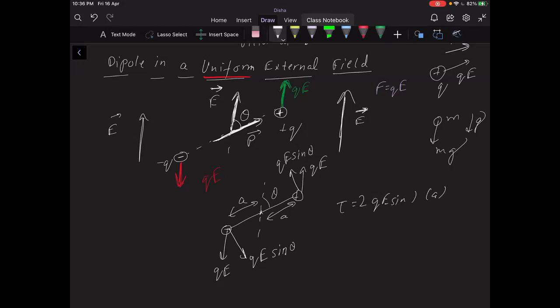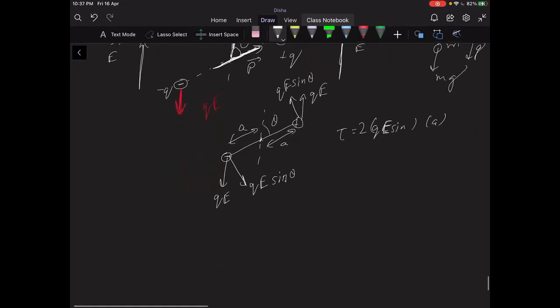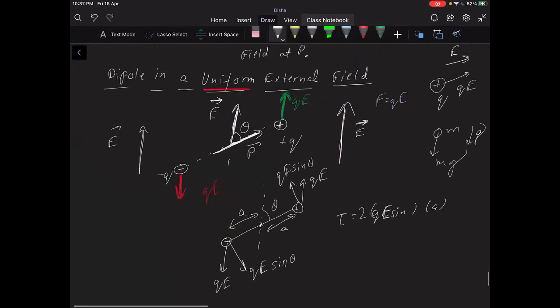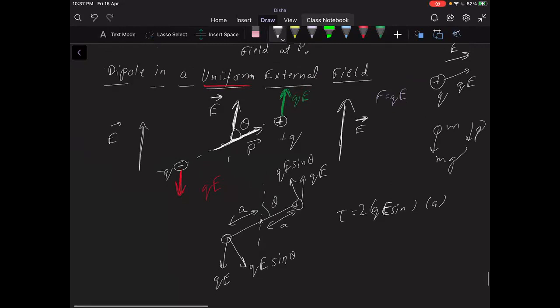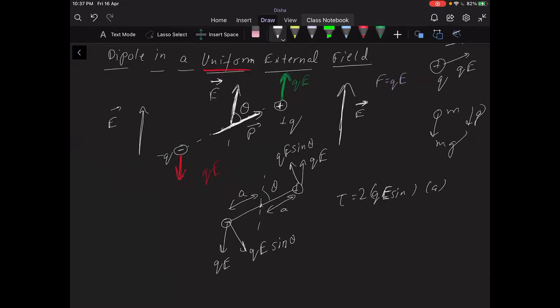So basically this dipole will rotate in the electric field, because it's like if you stretch out your arms and one of your friends takes your arm and pushes it to the backward side and the other arm is pushed to the forward side, you will start spinning basically. So something like that happens to this dipole. One arm of the dipole is pushed back and the other one is pushed forward, spins like a top Beyblade. So the torque comes into the picture.